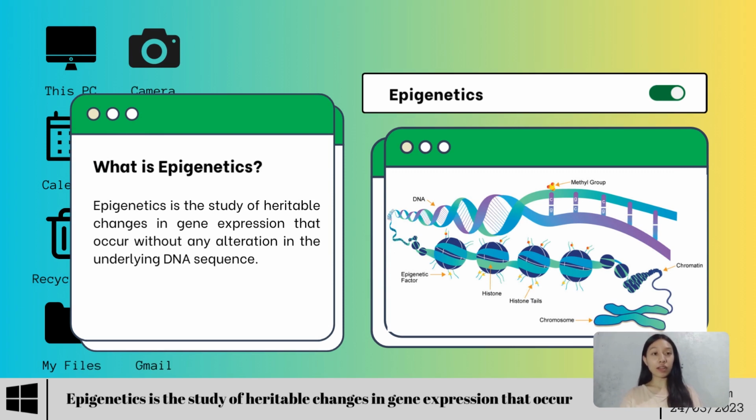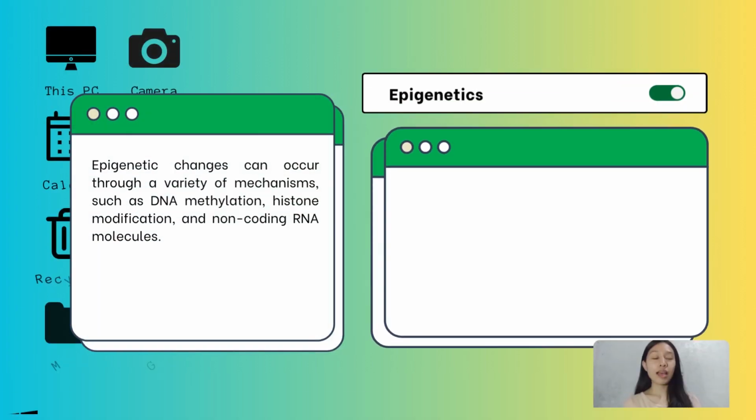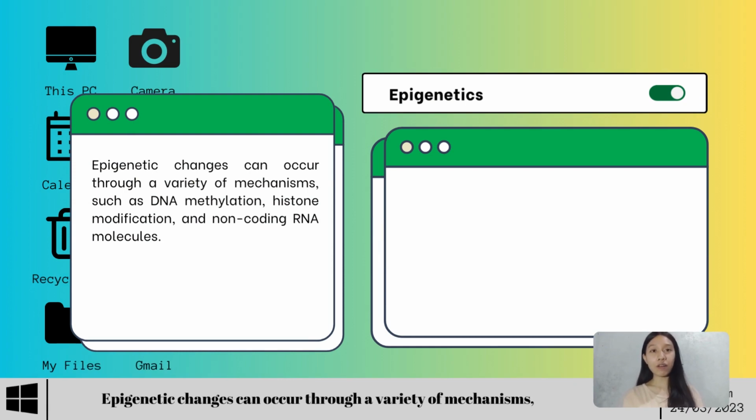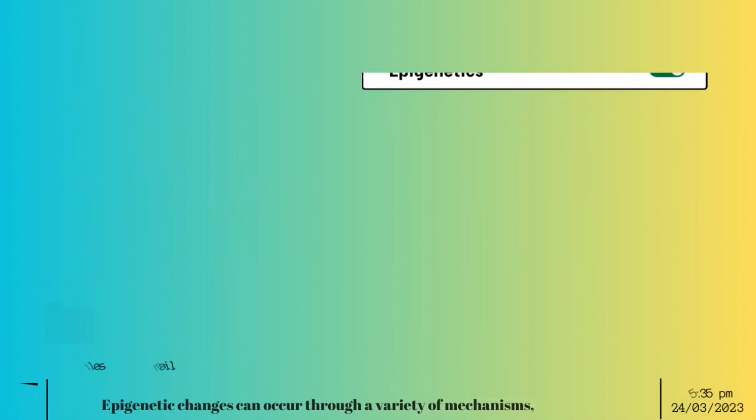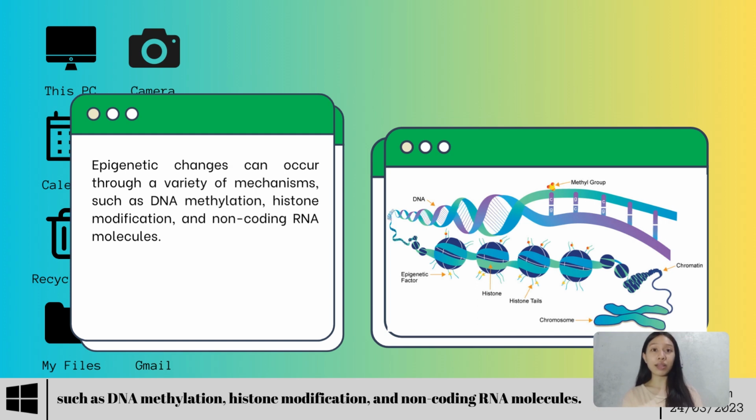Epigenetics is the study of heritable changes in gene expression that occur without any alteration in the underlying DNA sequence. Epigenetic changes can occur through a variety of mechanisms, such as DNA methylation, histone modification, and non-coding RNA molecules. These changes can alter the way genes are expressed and can have a significant impact on an organism's phenotype or